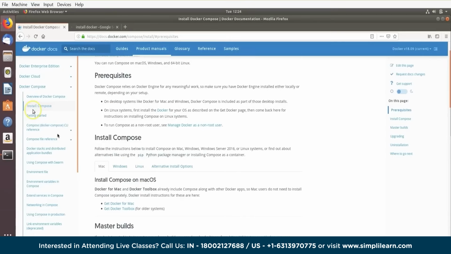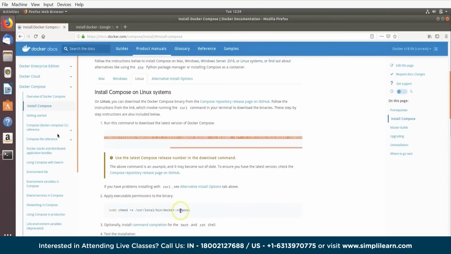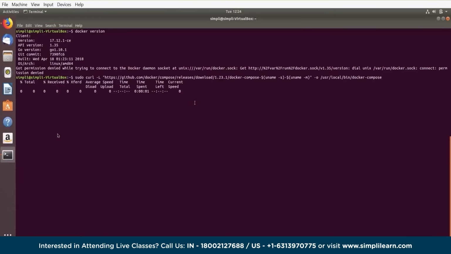You'll see on the left hand side there are a number of Docker tools. You want to expand the Docker Compose section, select install Compose, and then on the right hand side you'll have different install options for Mac, Windows and Linux. If you're installing on those platforms, make sure that you're copying the correct command lines. There's a couple of command lines you want to copy. Copy the first one over and we paste that in,